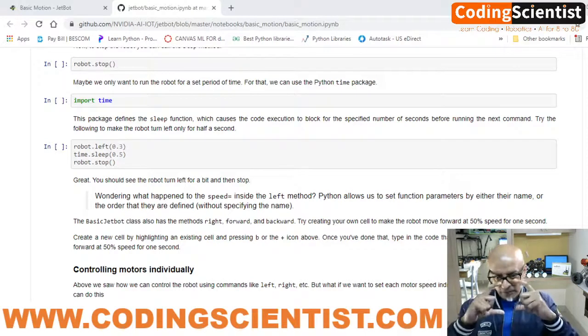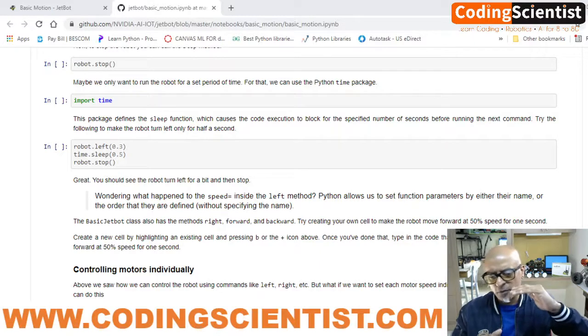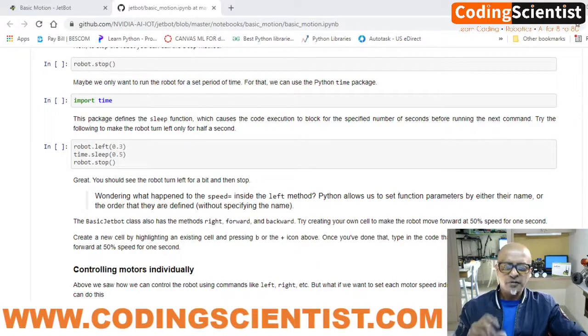The sleep function suspends the execution of the current thread of code for a given number of seconds. You can define the seconds, for example here it is 0.5. You can define it as 0.3 or 1.5, which will increase the duration.